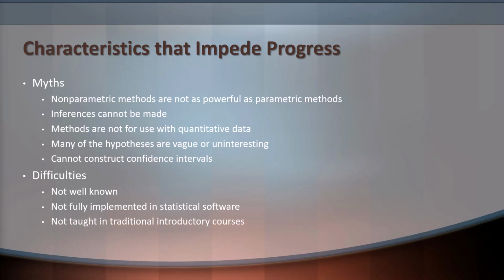I do find that because we do not teach anything about nonparametric methods in our introductory courses, I have to start my instruction earlier on than I would like to. I would love to be able to plunge into some of the more complex methods, but in fact, we need to start at the beginning, because what we could be teaching in introductory courses about nonparametric methods are going to have to be included in our nonparametric course, which is why I'm going to take advantage of that and do a better job of teaching statistical inference than I believe I could ever do with parametric methods.